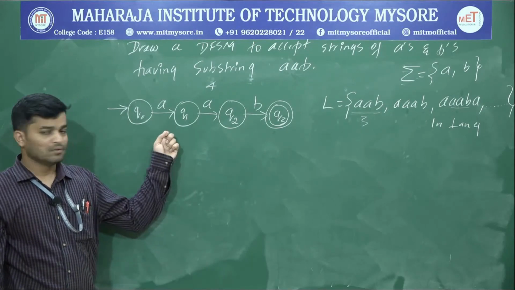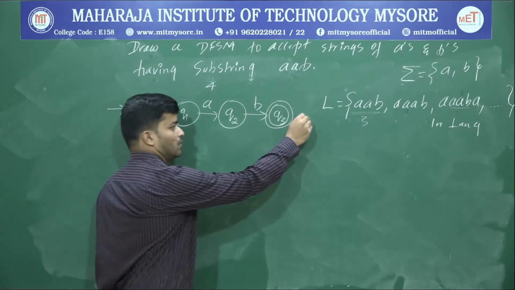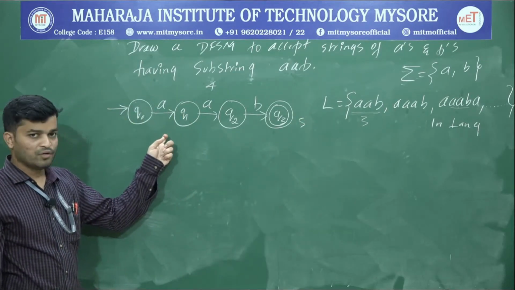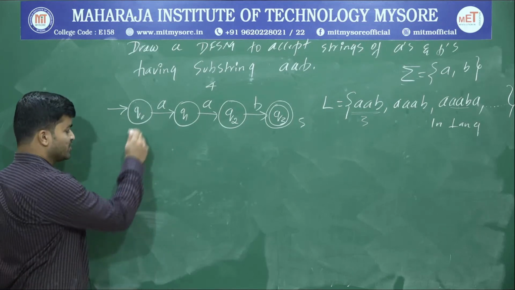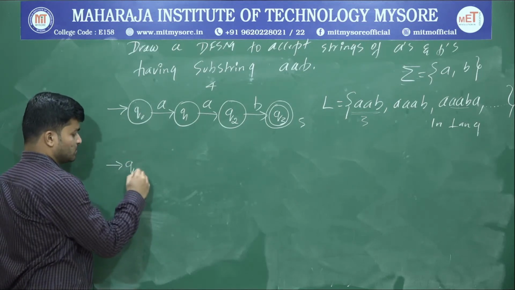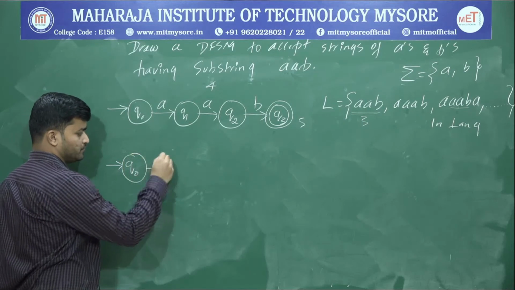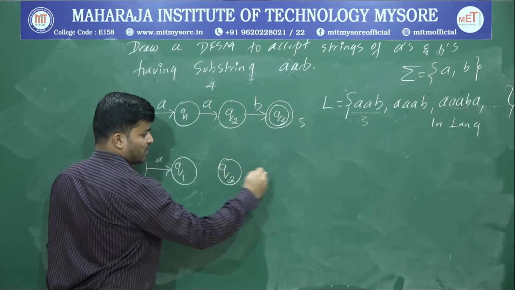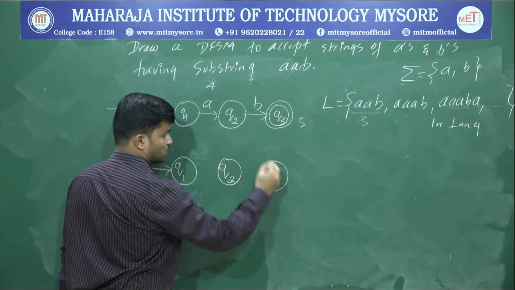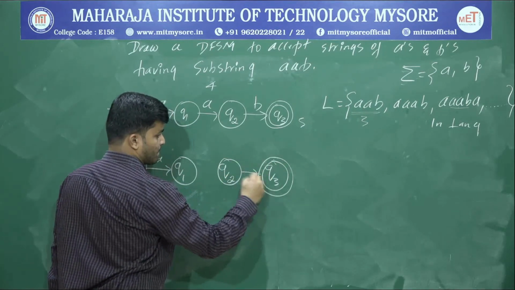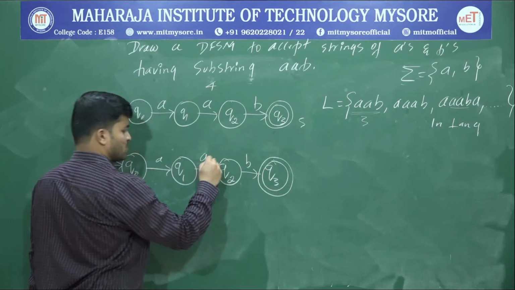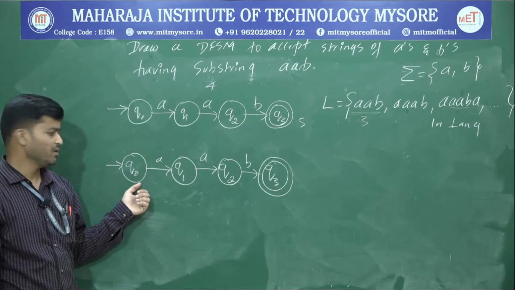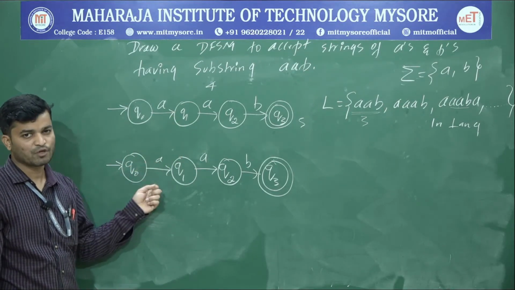So now this is going to become the skeleton. Now I have to build the muscle. In order to build the muscle, you rewrite this one more time: Q0 upon A, then Q1, Q2 and Q3. Next, observe sigma. Sigma is just A comma B. From each state there should be a path for A as well as B.